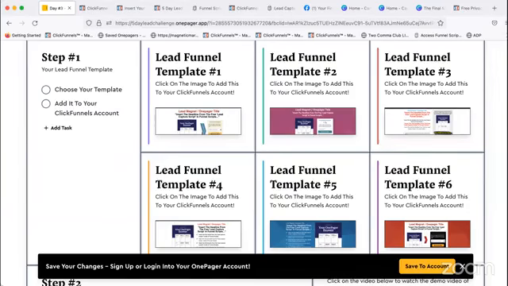I'm still old school. I use pen and paper, right? But you can go to Go Full Page. I'll show you exactly how it works. So, Go Full Page, and then